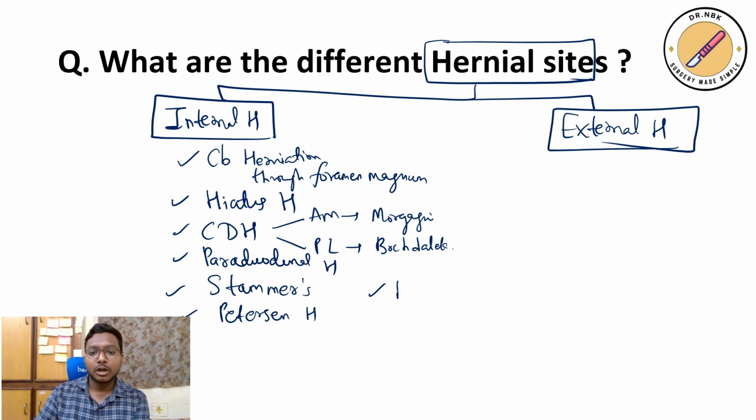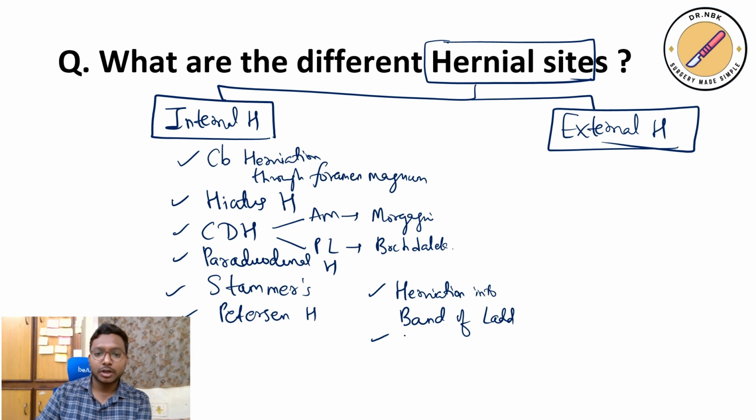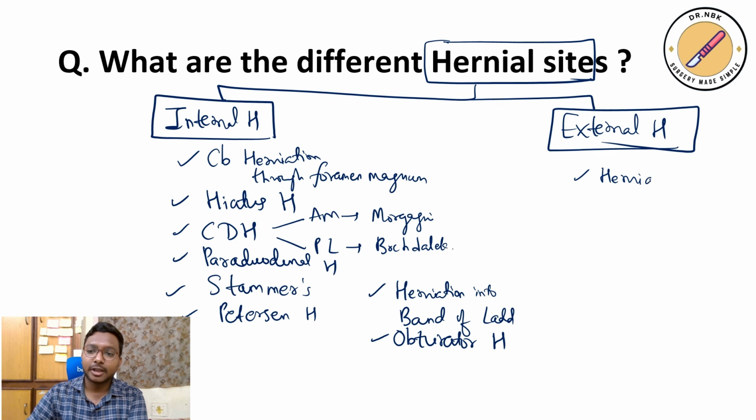So there is another thing called herniation into the band of Ladd. There is something called Ladd's band. Hernia can occur into that Ladd's band. Then the last one is your obturator hernia. These are the examples for internal hernias. Coming to external hernias, rarely you can get a hernia of lung in pediatric people where the chest